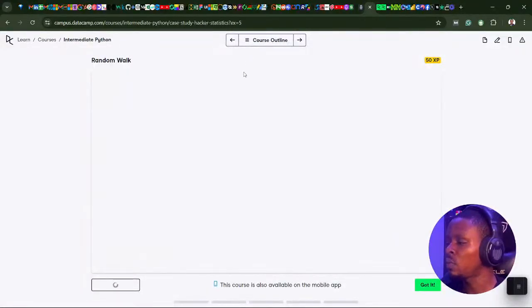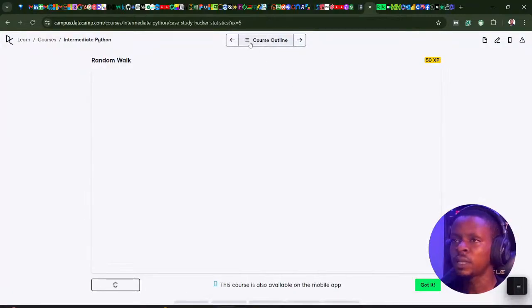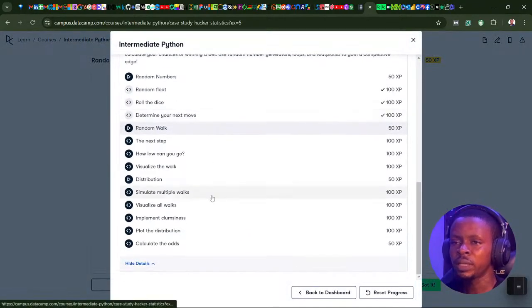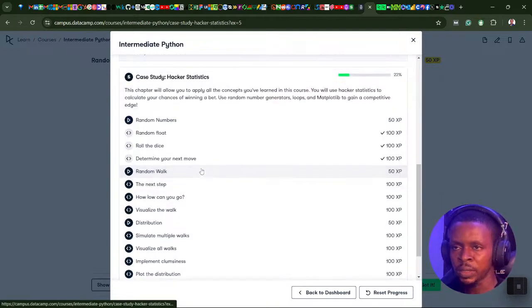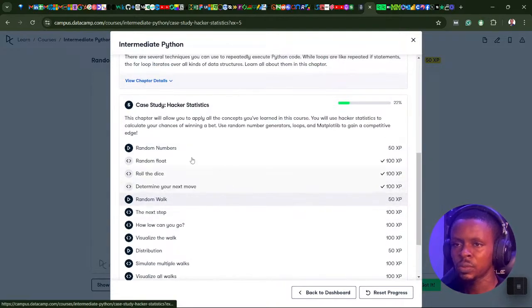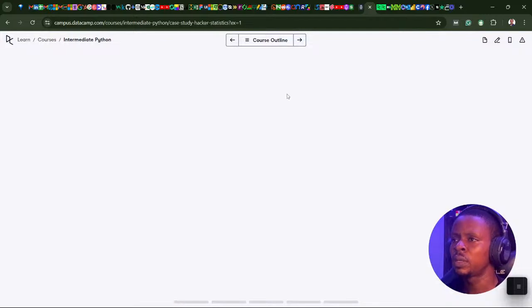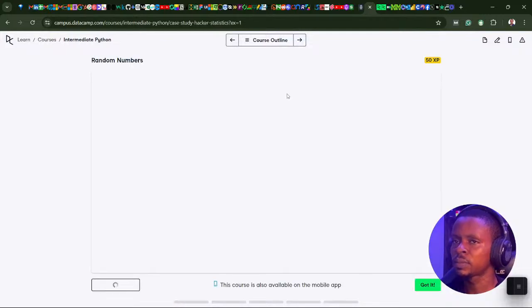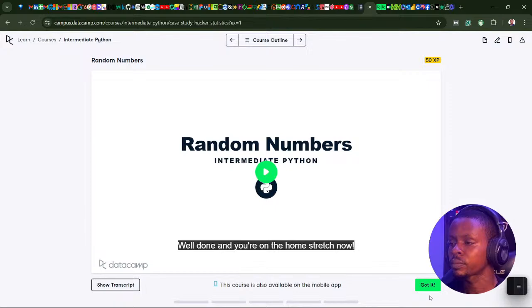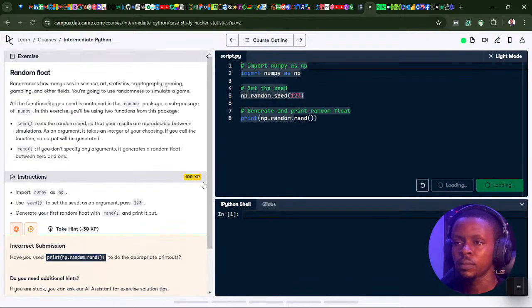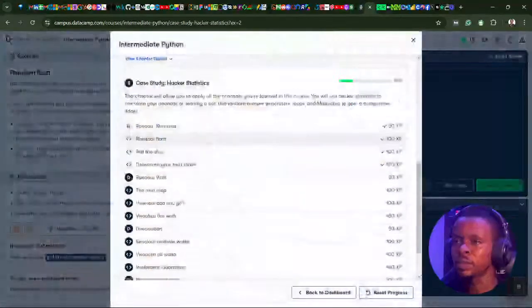Random walk. Okay, let's solve one more challenge for this live stream. I see the content in the case study is quite huge. Oh, we didn't complete this part of the code, but let me just complete these parts. Okay, I think we've solved it there.